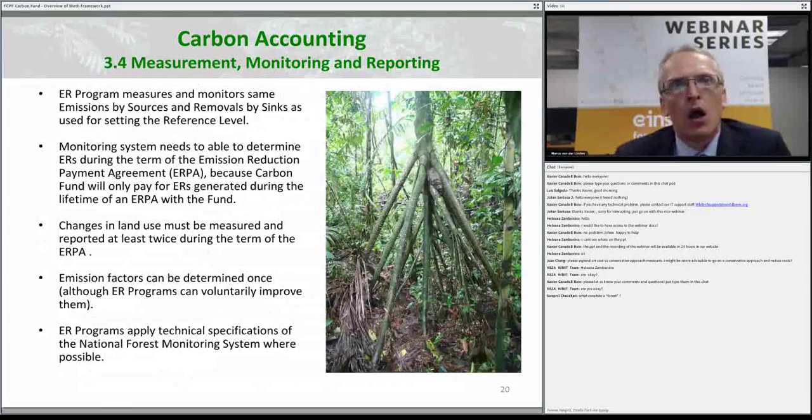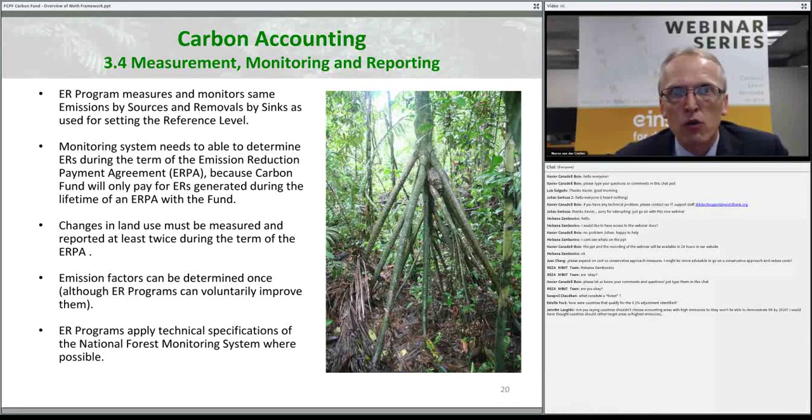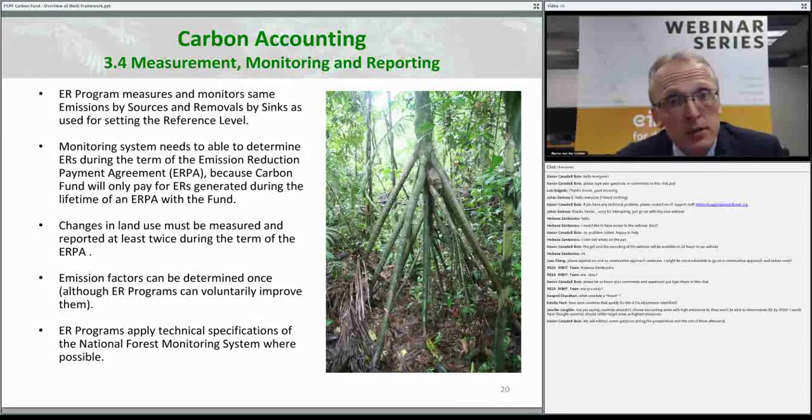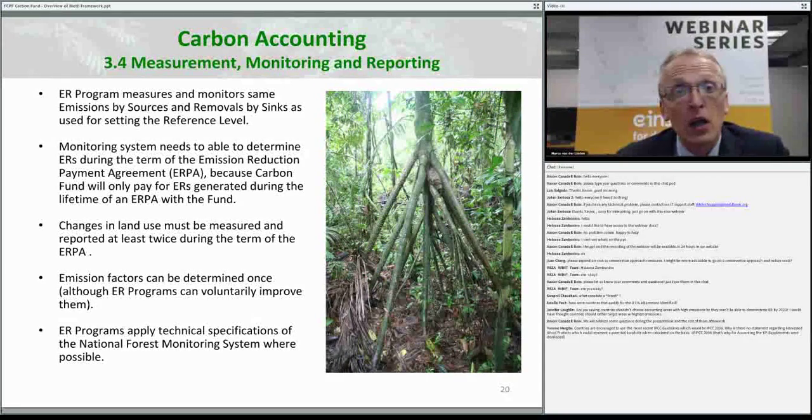Then we're going to hopefully implement the program, and you will need to do your measurement, monitoring and reporting of the actual emissions from your program, and that will be the basis for the calculation of the emission reductions. So as I said before, when you set your accounting area, when you start thinking about the activities that you want to include, deforestation, degradation, forest carbon stock enhancements, the carbon pools that you select, the idea is that you're going to be consistent between the reference level and your MRV. So if you only put above ground biomass deforestation in your reference level, that's what you will monitor.